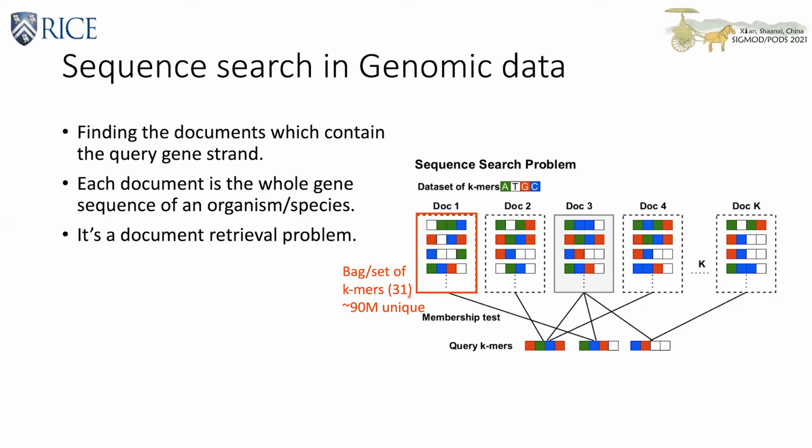While querying, we represent the query string as k-mers with the same sliding window approach and query each k-mer from the search index, which returns the file IDs. The intersection of these file IDs gives the candidate set containing the query. In this case, document 3 contains all the k-mers from the given query.